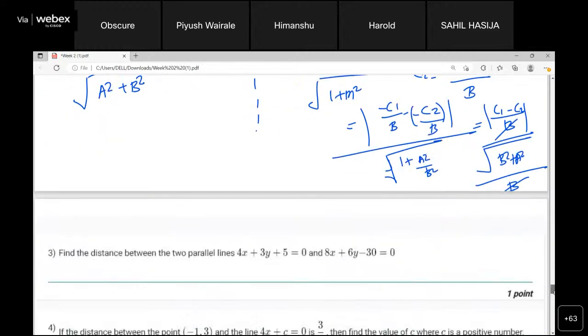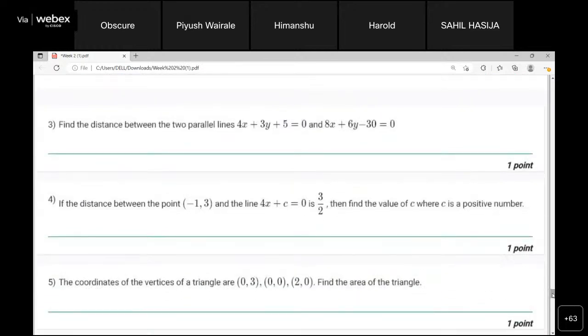Yes, it was a triangle, and the other two sides' equations are given. Only one side's equation we need to find. So if it's a triangle and the equations are given, you can find the intersection point, right? From that you will get a coordinate. Then you can apply the coordinates in the 2-point form to find the equation, right? The 2-point form. Okay.